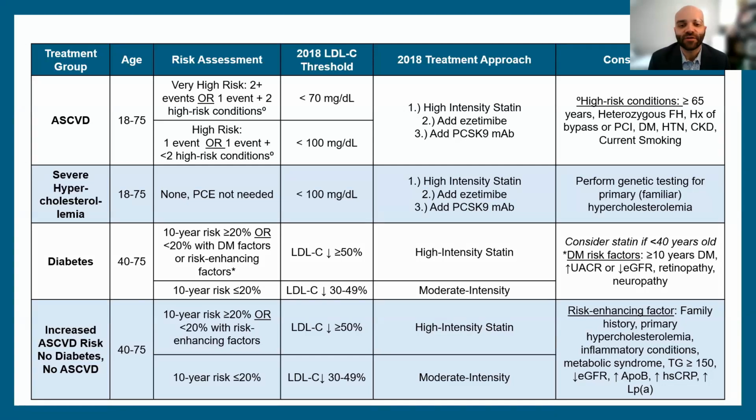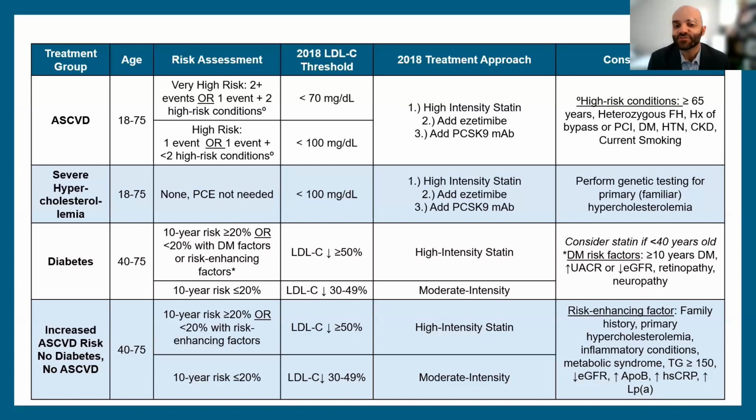And then, that last group where we look at our 10-year ASCVD risk. These people don't have diabetes, they don't have ASCVD, they don't have an LDL greater than 190, because we would have put them in some of those other buckets. But what else is happening, right? How can we assess their risk? If they're greater than 7.5, we probably should consider a moderate intensity statin, especially if they have what we call risk enhancing factors.